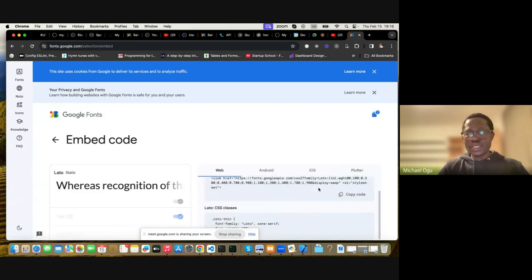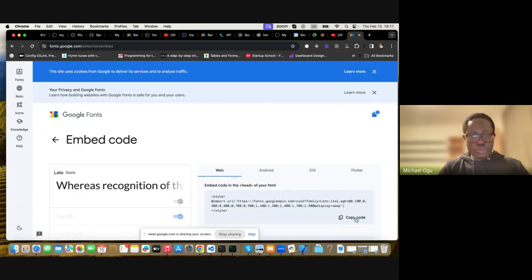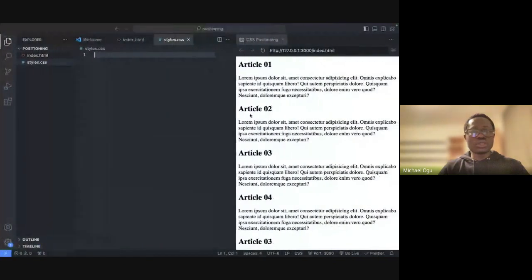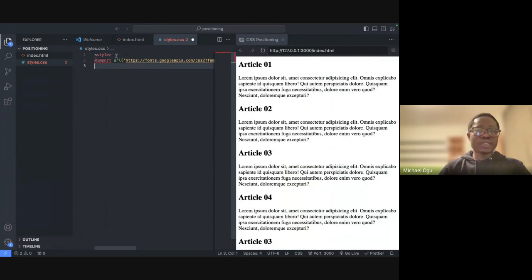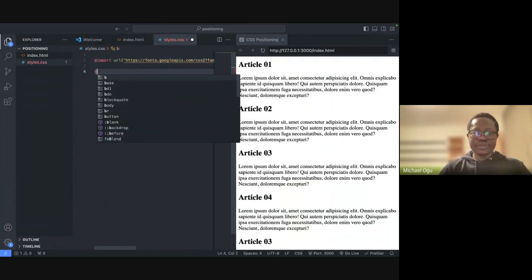Get embed. So instead of using the link, I'm just going to use the import. Okay, so there are two different ways to handle that. So I'm just going to put the import here in CSS. Remember, when you're putting the import here, you have to put it in CSS, not in the style tag in HTML. Just put it inside the CSS. So now I can say,